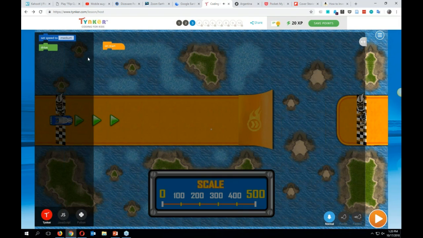On the left-hand side, you can see I'm looking at the Tinker version of this code, but I can switch to JavaScript. So now it's telling me what I'm doing here. So if I want to start, I want to do drive. I want to set the speed to medium. And I can change all this. I can see what it looks like in Python. I can switch back to Tinker as well. So if I can switch this around, let's try one more drive here, and we'll try another one too.